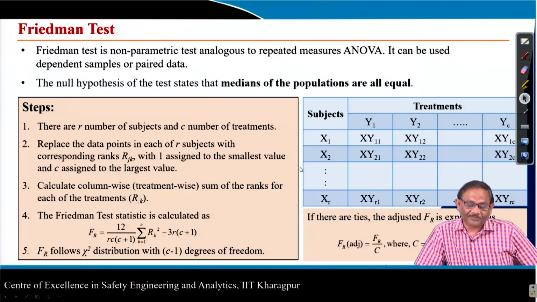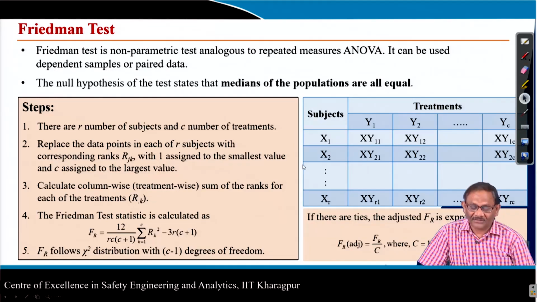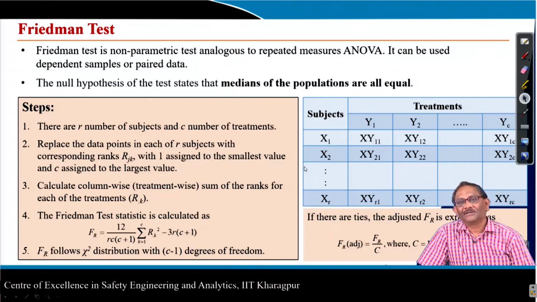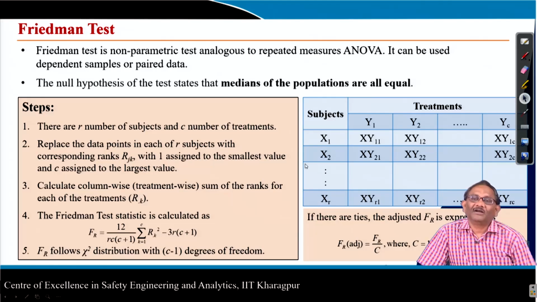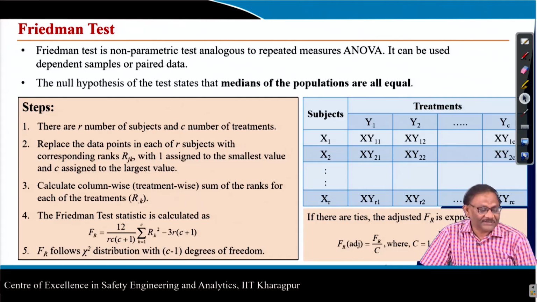Such probability assumptions are most of the time violated in reality, and you may be interested in going for some kind of non-parametric test. The analogous non-parametric test to repeated measures ANOVA is the Friedman